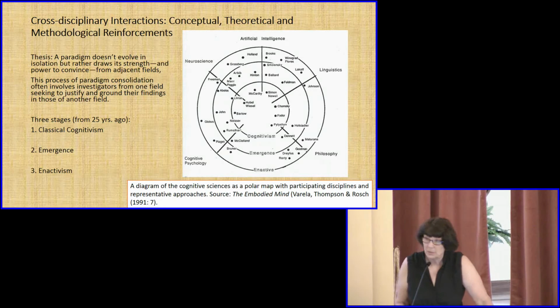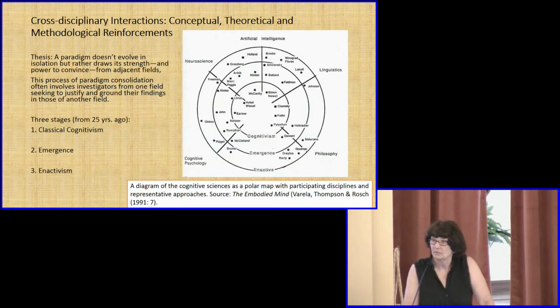Today, we would put the second and the third circles together, and they would be called the second generation of cognitive science. You notice the names in the outer frame of Lakoff under linguistics and Johnson under philosophy, which means that Varela, Thompson, and Rosch already were citing the work of those 2 authors,